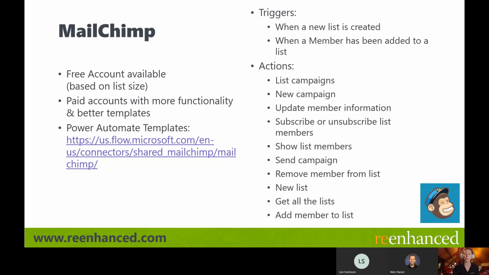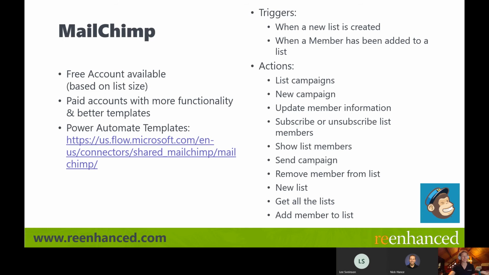So the two triggers that come with the Mailchimp connector are when a new list is created and when a member has been added to a list. So these are perfect, right? So if somebody is added, you can set all of these different automation steps to happen. And again, this would be outside of the box of just using the Mailchimp platform. So if you want to start tying it to different connectors that you can use in Power Automate, you can do that there. And then when a new list has been created, so when you've built a new list, maybe you want something to happen. Do you want them all to be added to an Excel file,